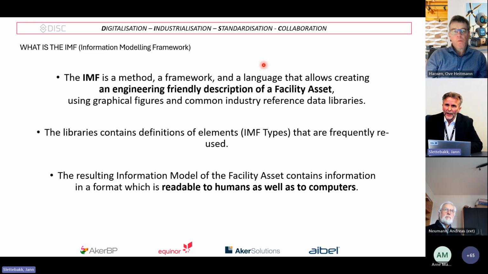The libraries contain definitions of elements, IMF types, that are frequently reused. The resulting information model of the facility asset then contains information in a format which is readable to humans as